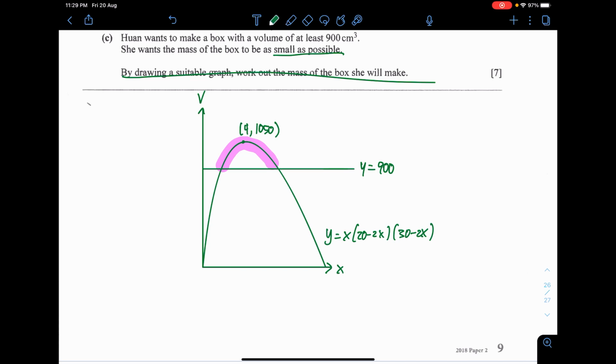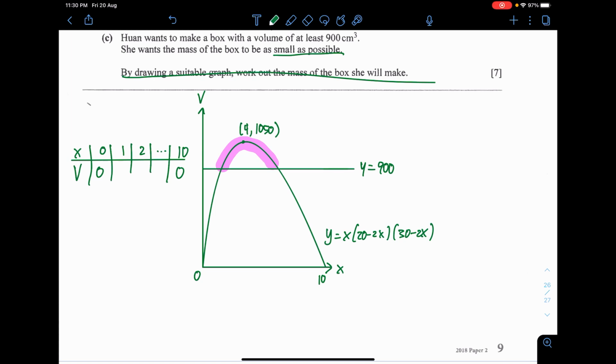Now the curve itself is actually drawn from x equals 0 until x equals 10. As you can see, that is also the positive area. You can draw this curve also by using the table. They don't provide the table here, which is why this question is worth a lot of marks. You need to prepare a lot of things. x equals 0, 1, 2, all the way until you put 10. You draw every single point, connect them, use your freehand, use your French curve, whatever you like, and then draw them. So then you got these locations here.